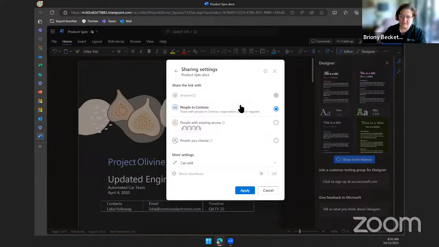So I know a company that I used to work for, we could do this internally, and then externally there were certain domains. So we would ask our IT department, hey, we want to collaborate with this other company, and they would then put that into our safe sharing settings. So just keep that in mind if you are using this and something doesn't let you do it. It doesn't mean that it can't be done. It just could need some security configuration.